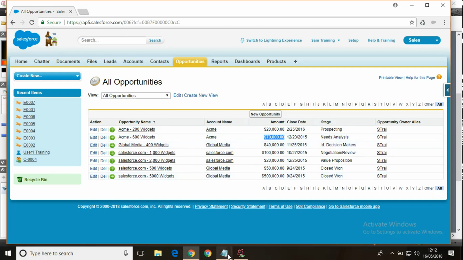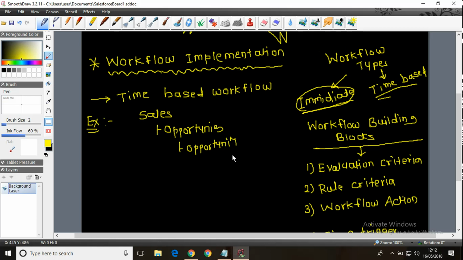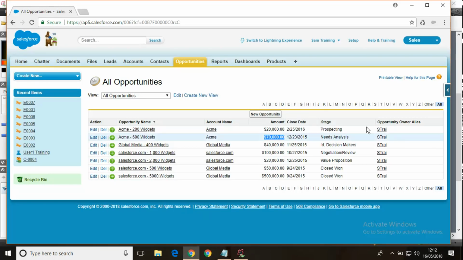The requirement is, whatever the amount is, along with the amount there is something called the closed flag.